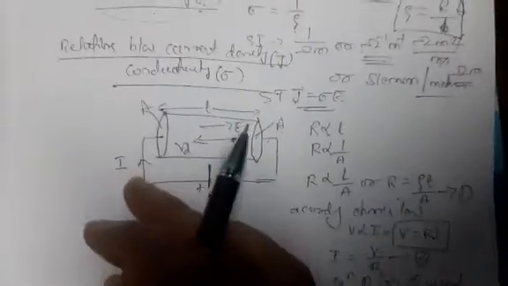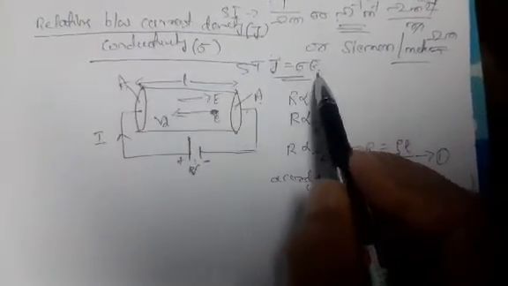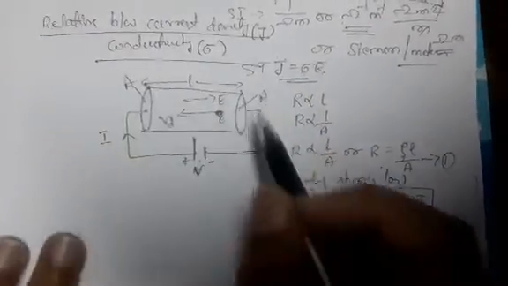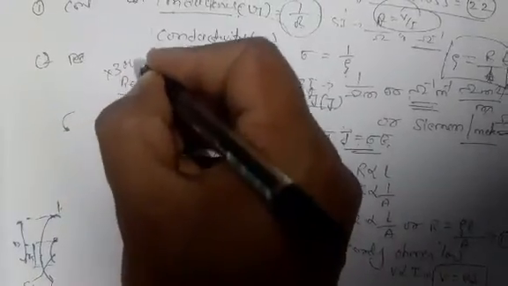This is also an expression for current density. J is the current density, sigma is the conductivity, E is the electric field. That is the relation between current density and conductivity. Show that J is equal to sigma E, or derive the relation between current density and conductivity. That is a 3-mark question, very important.